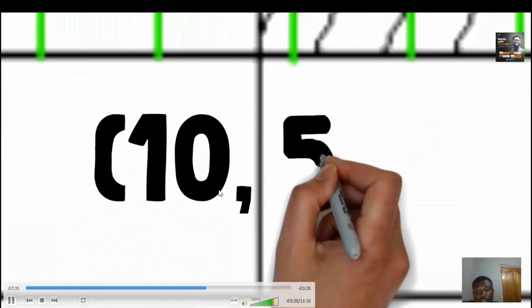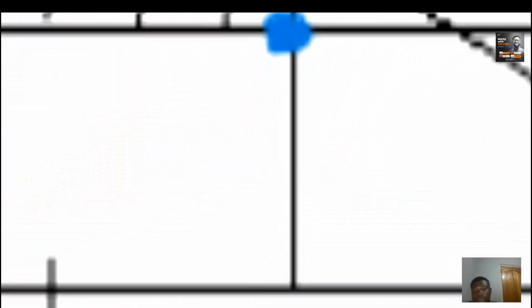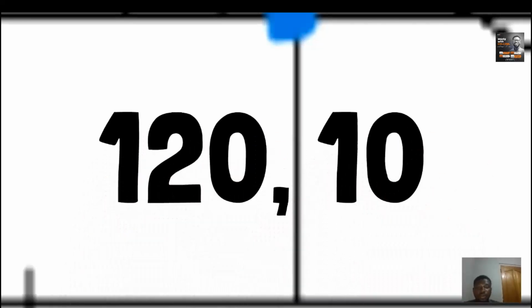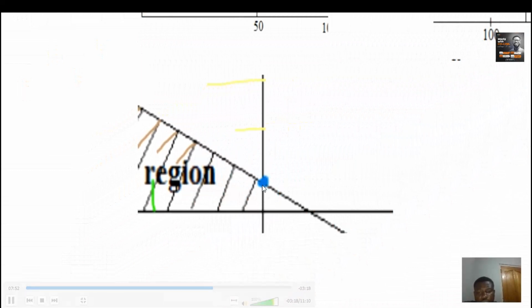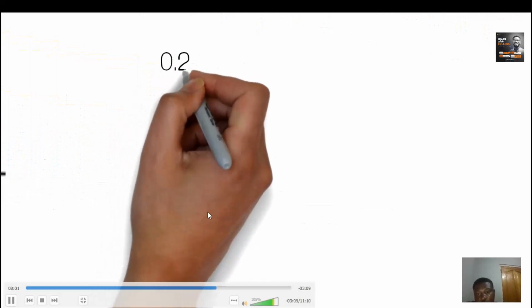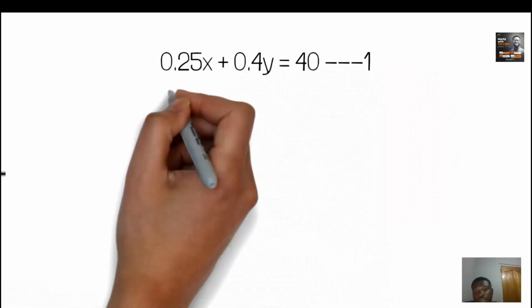And so looking at this corner, we can know that our point will be 10 and 50, right? And let's check this corner too. So by inspection, we can know that it's 120 and 10, right? 120 and 10. Then we move on to this corner. Because our graph was not drawn to scale, we can't know, unless we